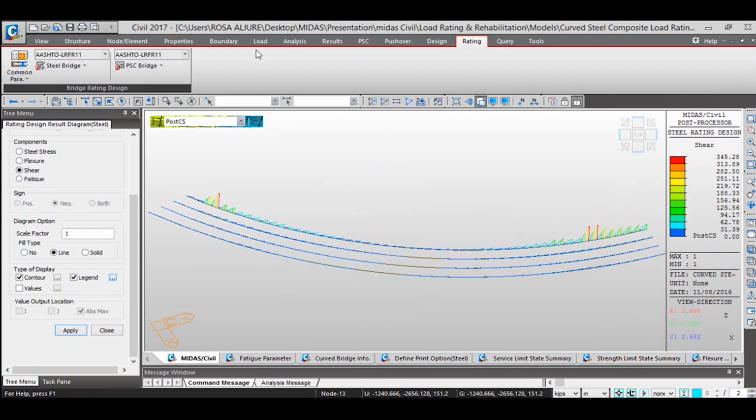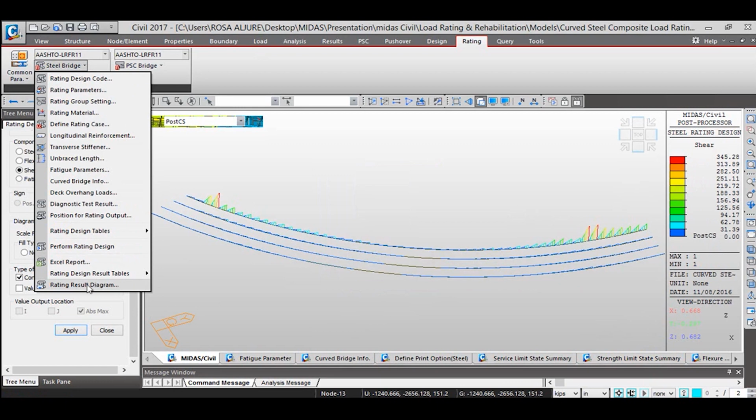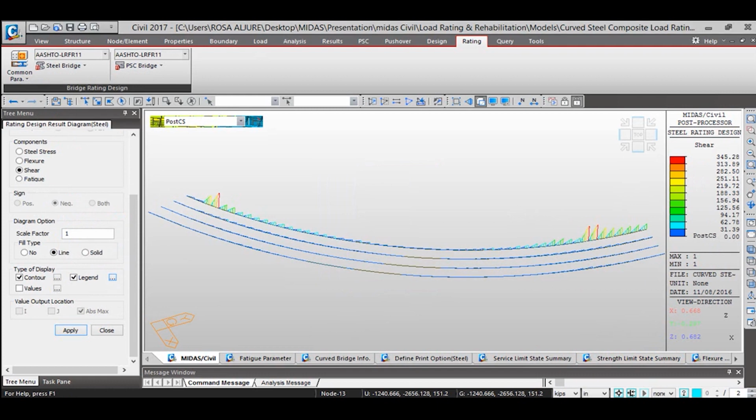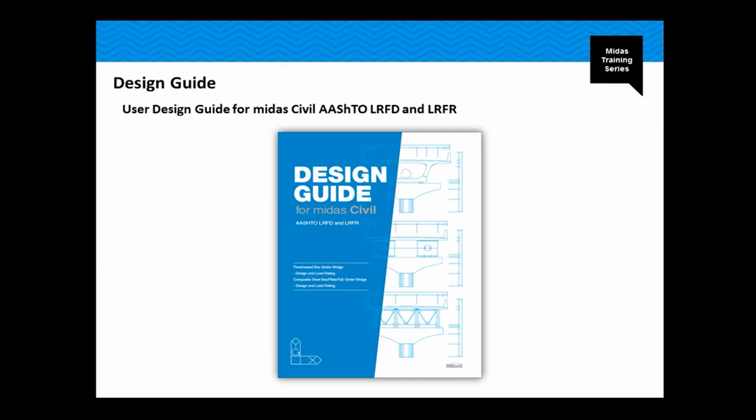So for the bridge load rating, we have different functions in the program that you can use. For the equations used in this calculation, we have the user design guide for Midas Civil AASHTO LRFD and LRFR available for you guys. We also have the model that we used for this particular presentation available for you guys.